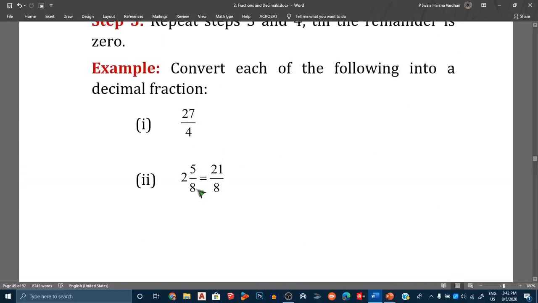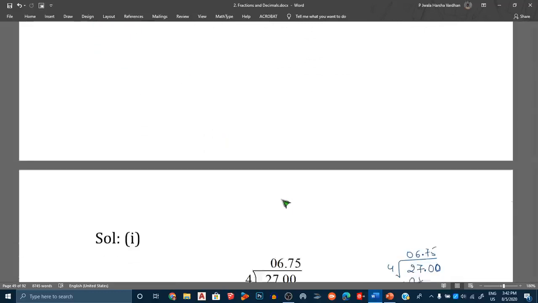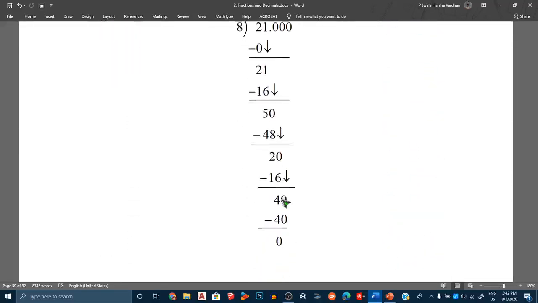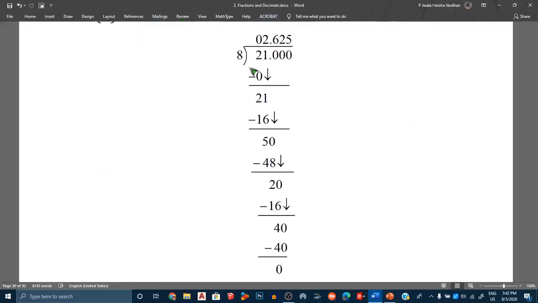Okay, so you see the next problem is 2 5 by 8, which I can write in the form of 8 twos are 16 plus 5, which is 21 by 8. So to convert this, I am dividing this with the 8 table. How to divide this? So take the 2 first again. 8 0s are 0, subtract 2, bring down 1 here. So now you are dividing the second digit, so you should write the quotient above the second digit. So 8 2s are 16 here, subtract, so 5. So now we can annex some more zeros after putting a point here. Put the point, and above also you should put the point.